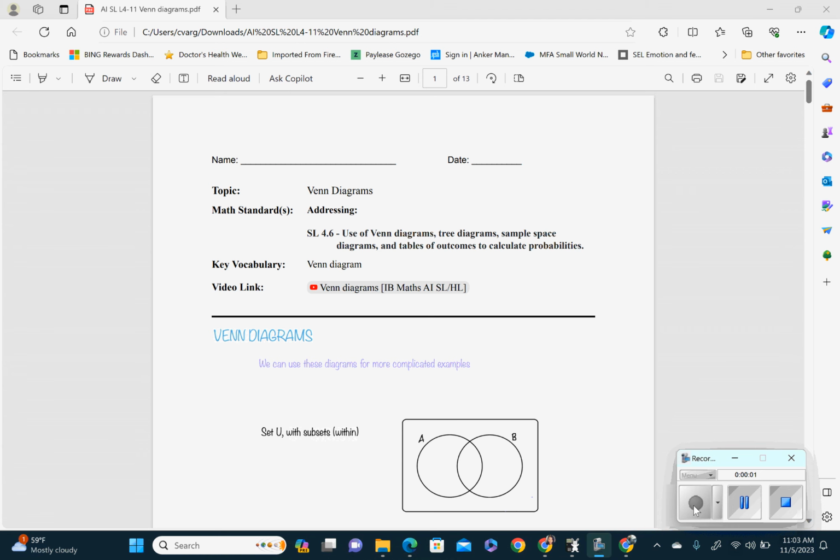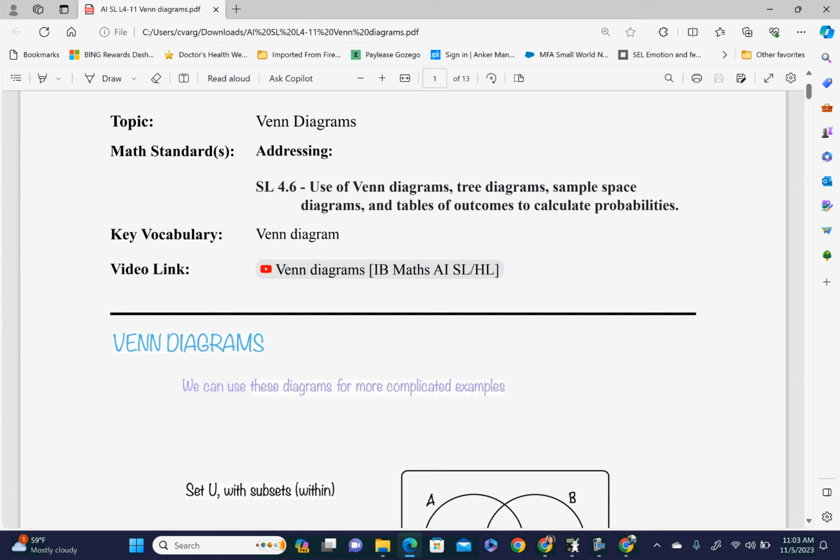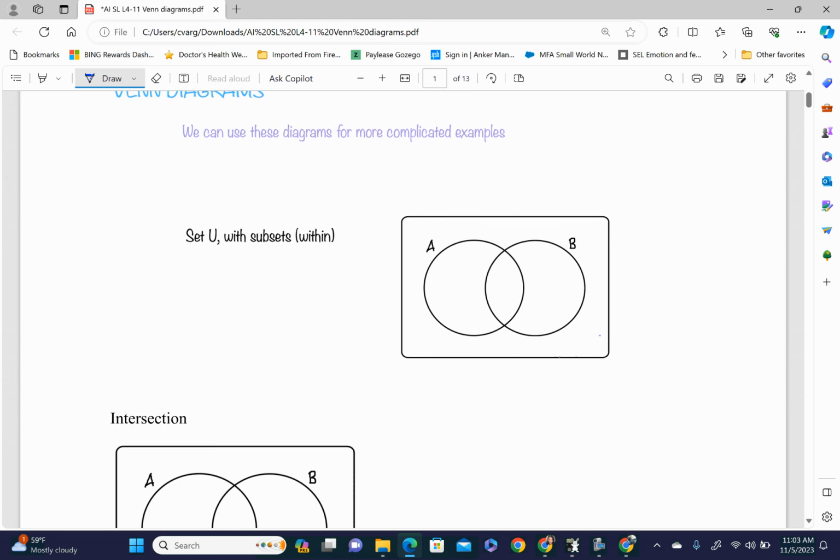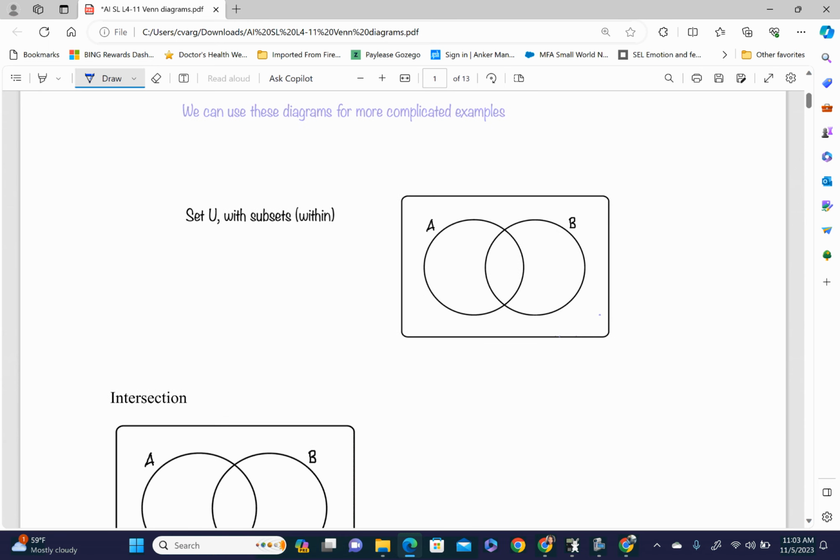So welcome to the meatiest lesson so far in probability. It's called Venn diagrams. Just so you know, in Danish, the word Venn means friend. So I kind of think of it as friend diagrams, right? So groups of friends, maybe, possibly. Okay, I don't know. So just to kind of go through, we use diagrams to help us with complicated